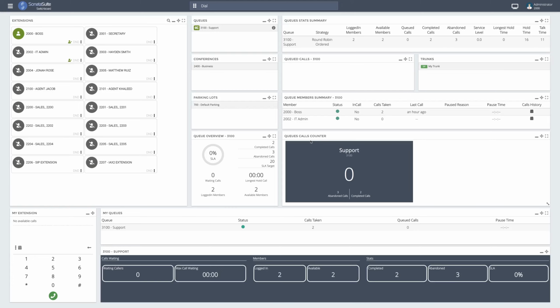Then right next to it, we have the queues calls counter. Here we can manage the different calls that are occurring. And as I mentioned, we have these big boxes that have the queue name and number, the number of calls waiting, and then we also have small details about the abandoned calls and completed calls. So if we actually have a call,